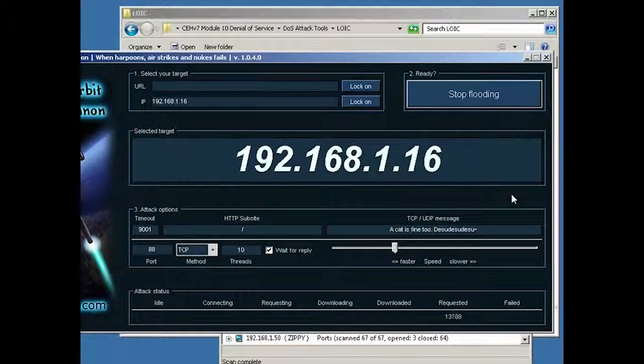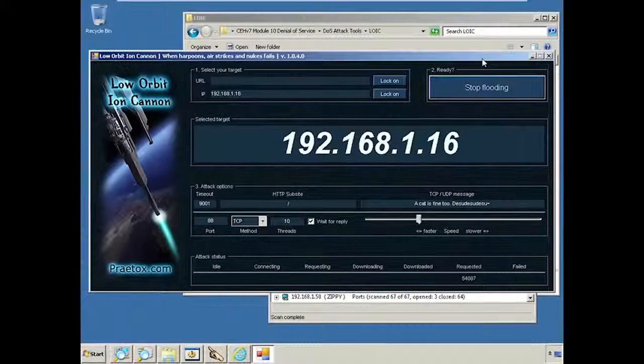Speed is only really important if I'm attacking from one source. If I've got 100 people attacking, I can slow it down from each individual source and still mount quite an effective attack. That is what an attack looks like when we're doing this kind of denial of service. The only thing I want you to be cognizant of here is that I'm only showing it to you on one machine. It would look the same if I was attacking from 100 machines or 1,000 machines. I would just need the low orbit ion cannon here to be running on a bunch of different systems at the same time. That's the big difference.